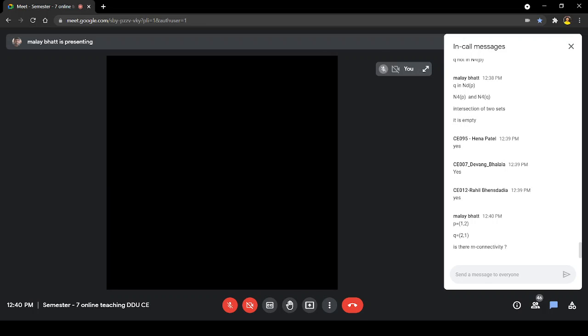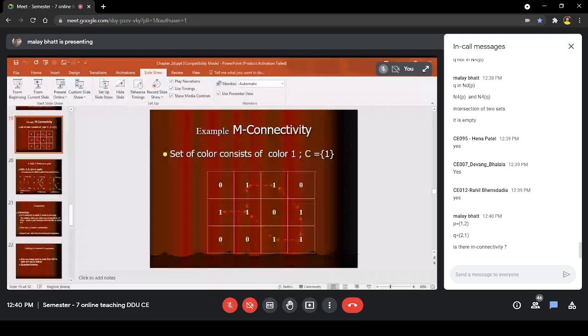Is there M connectivity between the two? What is the answer for these 2 points, P and Q?